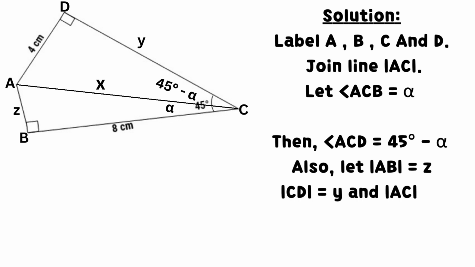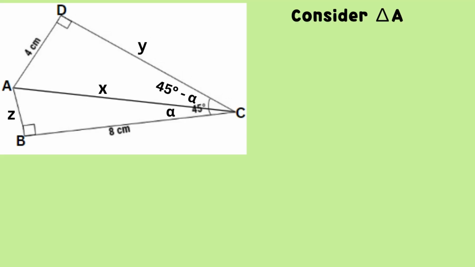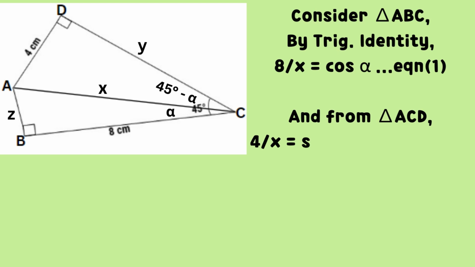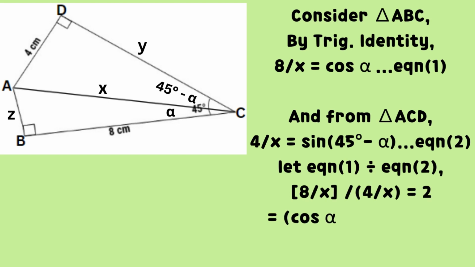Also, let line AB equal z, line CD equal y, and line AC equal x. Consider triangle ABC. By trigonometric identity, 8 divided by x equals cosine alpha, which we call equation 1. And from triangle ACD, 4 divided by x equals sine of 45 degrees minus alpha, we call it